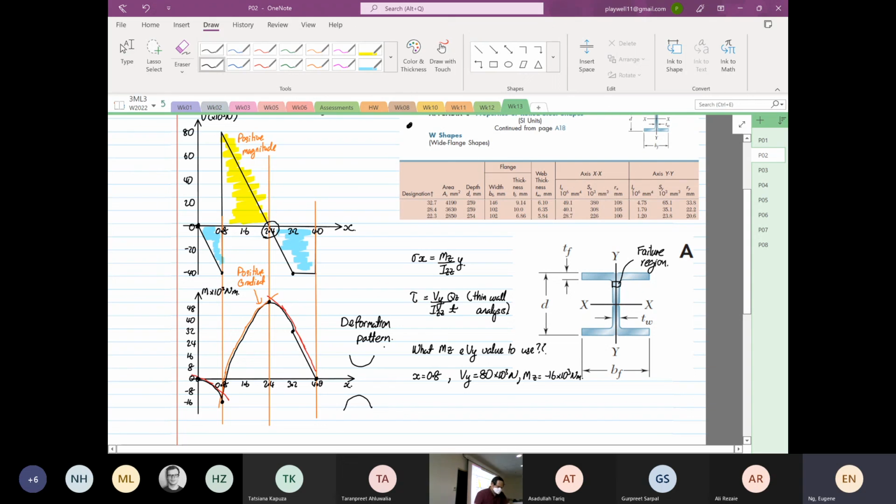So that's one point, we pick it because it has the highest shear force. Then we pick the next one where you have the highest bending moment, where x is equal to 2.4. When x is equal to 2.4, Vy is equal to